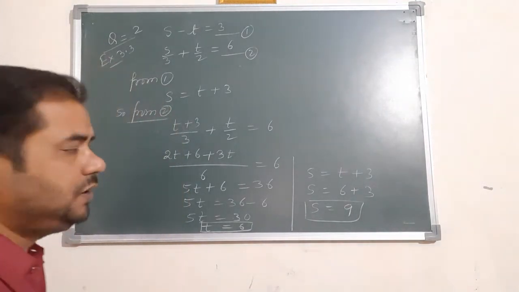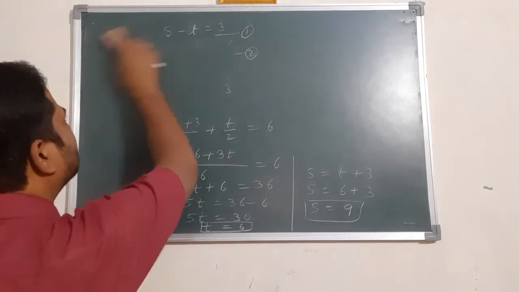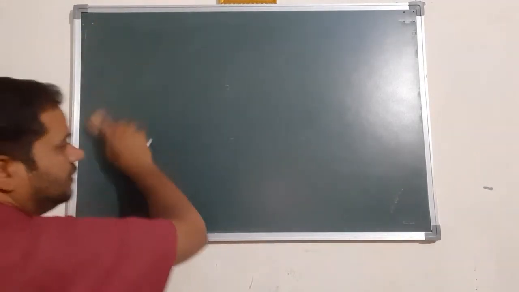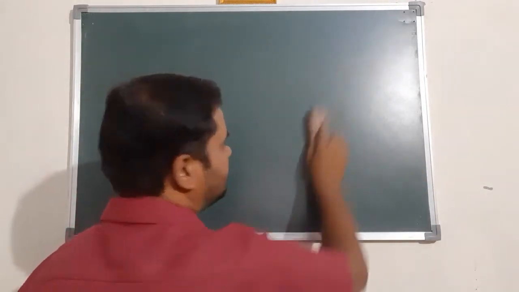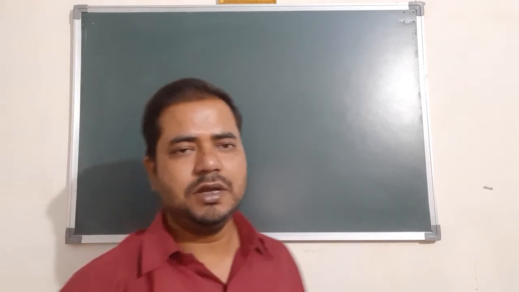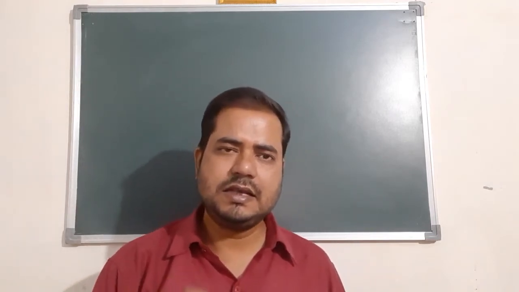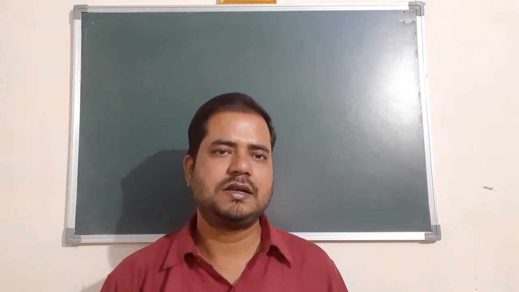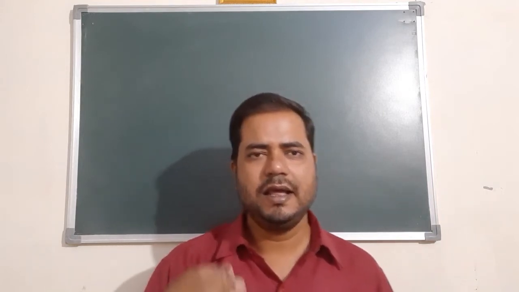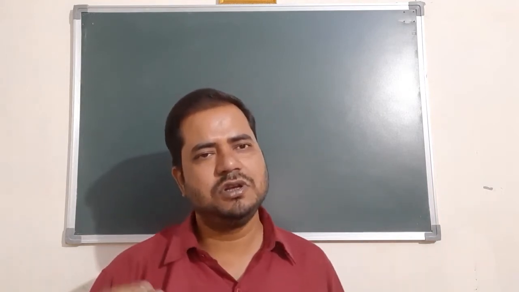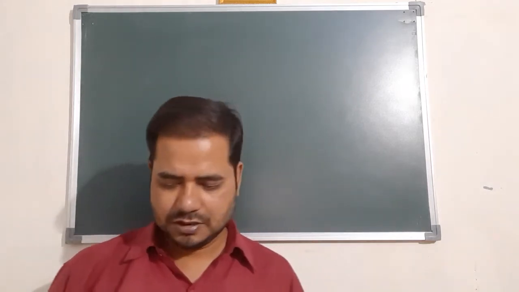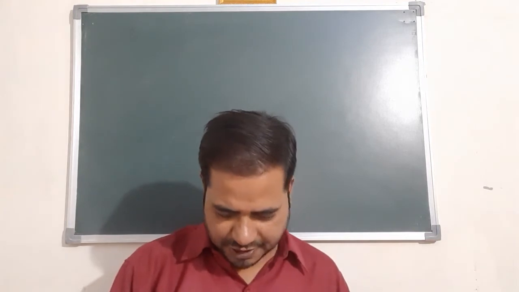Now next one. In the same manner you have to solve. Maybe sometimes a homogeneous equation is there. Homogeneous means maybe the constant term is 0. In this case, only the trivial solution is there. Trivial solution means x and y have only one solution, 0. This is known as the trivial solution. So don't be confused.